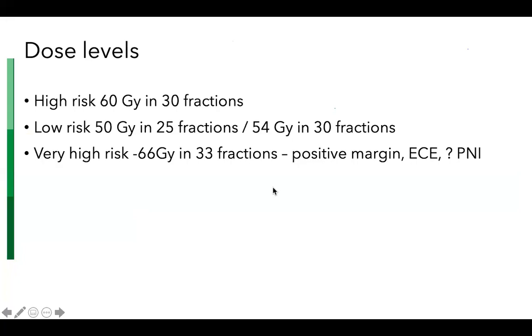Now when we set out to draw out the clinical target volume, we have 3 dose levels: the high risk, the low risk, and the very high risk. So 60-54 is the usual. We can do a sequential plan, or more likely, as is happening these days, we do a SIP plan. A SIP plan also has better sparing of the OAR, because it's happening in one plan itself.